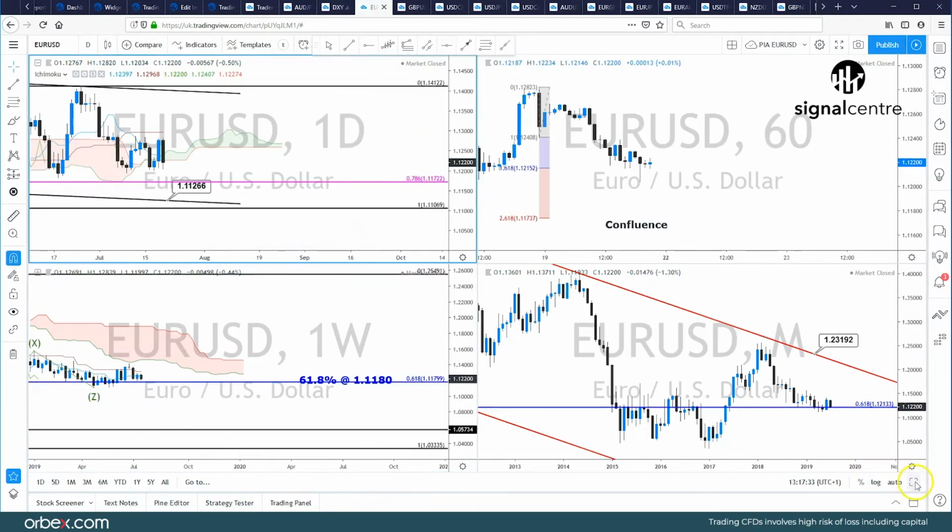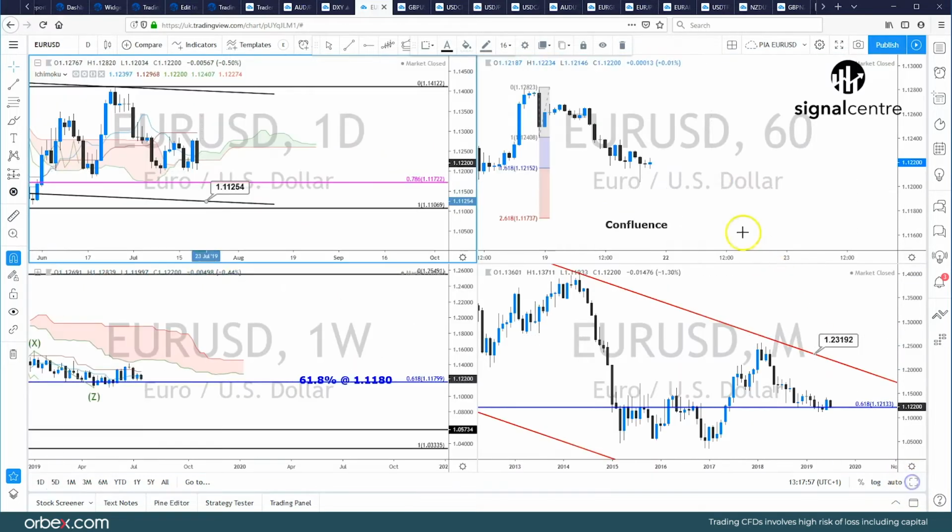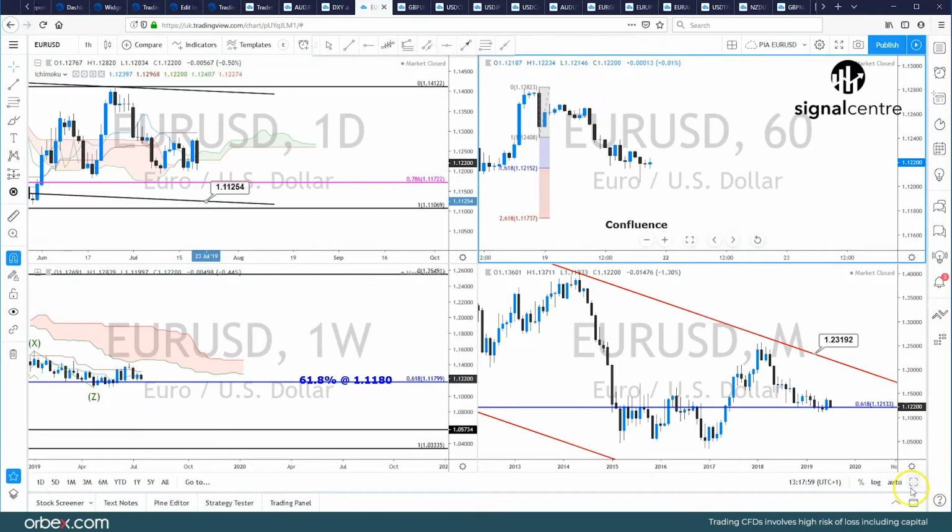If we go to this time frame though, this looks like a reverse head and shoulders pattern with a double top or a double bottom formation forming the head. So this would be the left shoulder, this would be the head, and then possibly coming down in the right shoulder. Now I've highlighted this level here, 111.72, because I think that's going to be quite important next week. The actual trend line support is located at 111.25, but if we go to this time frame,